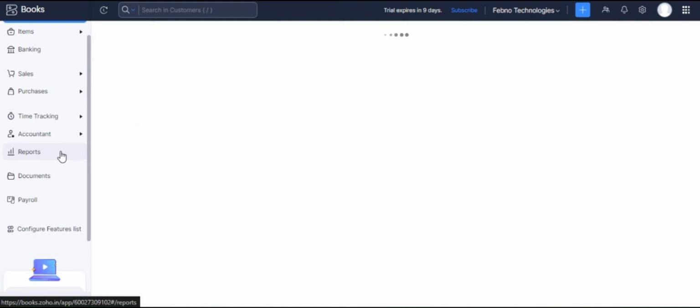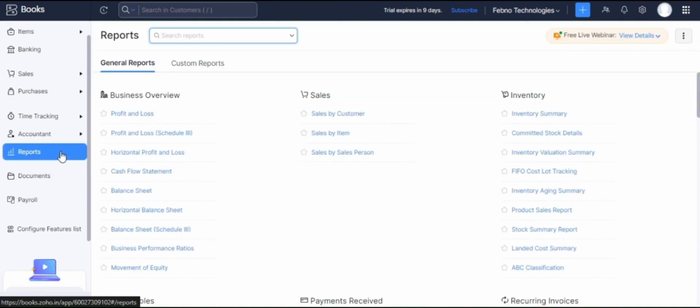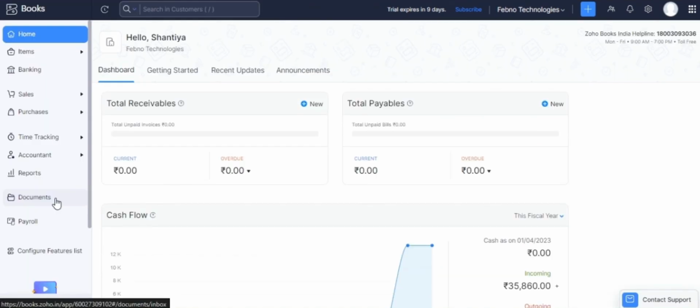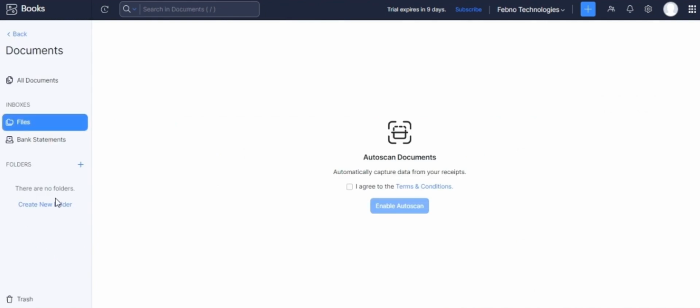Under reports, you can generate business reports like profit and loss, balance sheet, cash flow statements, and get the real time insights needed to optimize your business. You can schedule reports, share them securely with your team, and also export them into your system. Here you can store all your documents in one place. You can enable the auto scan option so that all the uploaded documents will be auto scanned and transactions can